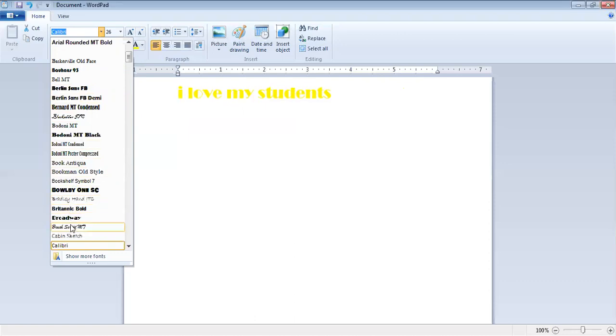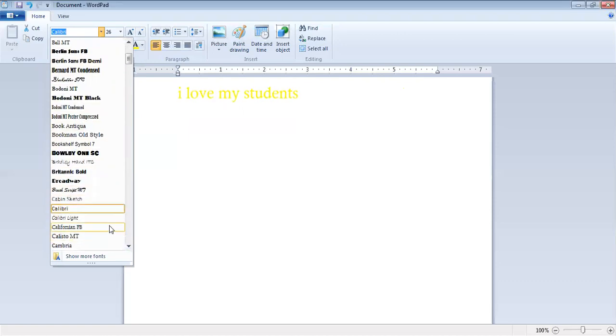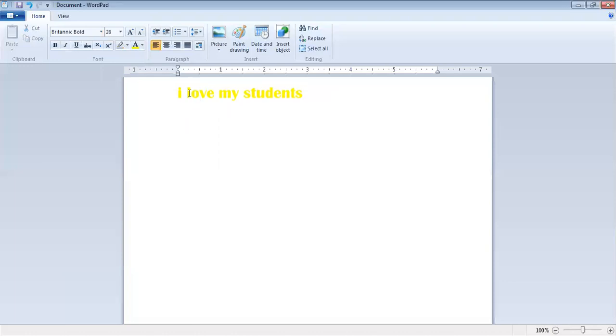Whichever type of text you want, you can select it and use it. There are a lot of ways. Can you see? I hope you all can see the changes of the font. You just have to select whichever text type you want. For example, I want this type of text. I want it to be italic or bold, so I will choose it. Can you see the change? I hope you all can see the change.